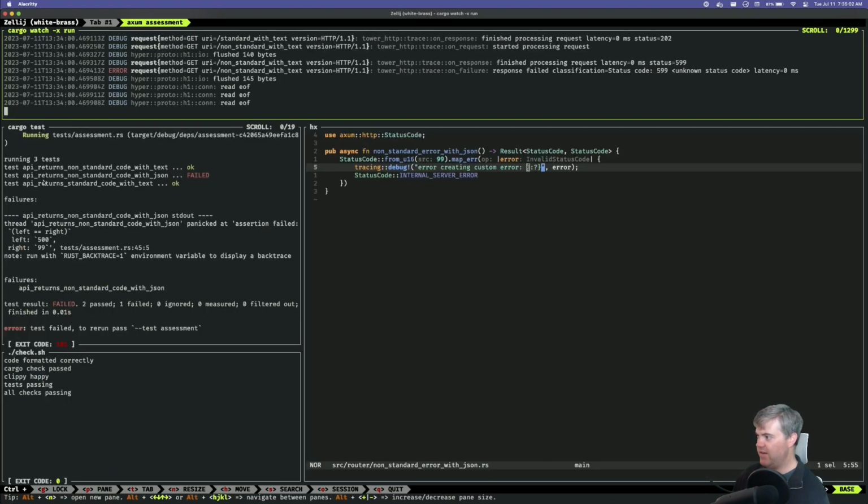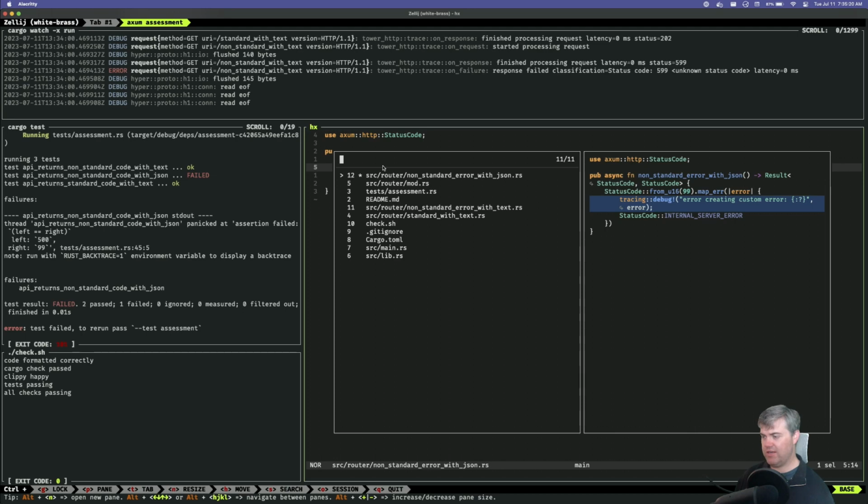So I'm getting 500 back from this. I'm attempting to return 99, but that's not working. This isn't debugging out the error. That is what I'm supposed to do, right?